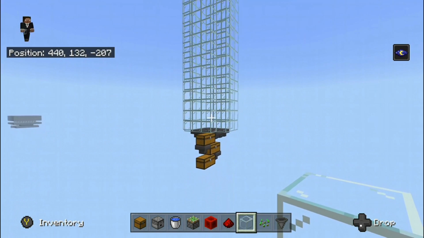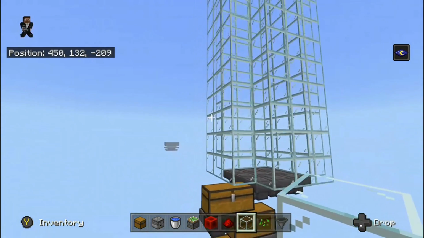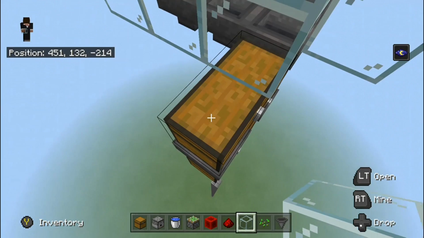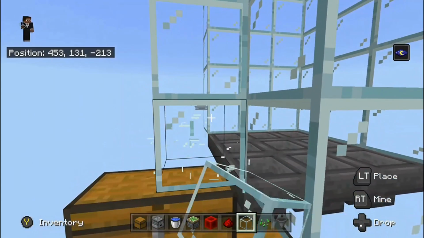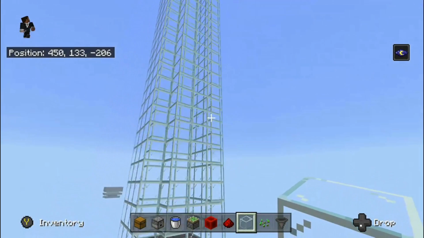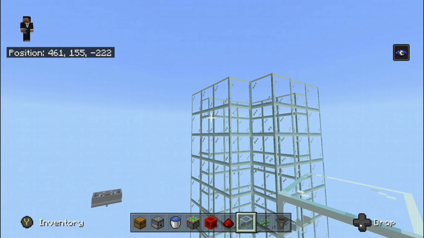Alright, there you go, guys. As you can see, it has been filled all in completely, so it's a 3x3 drop chute in the middle. Where the block comes into the chest here, you can literally just put it over there because the glass is a transparent block. So you will still be able to open the chest, just like that. So if we just head up to the top here, now the next step is to